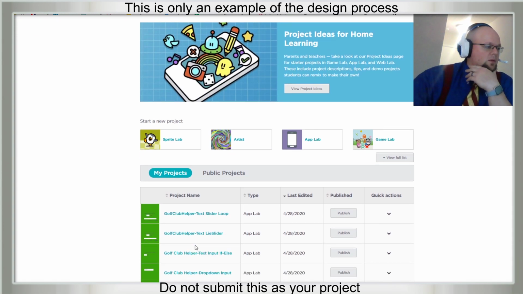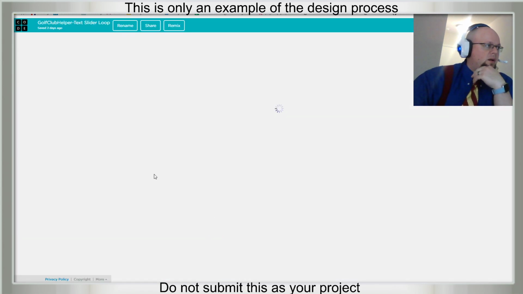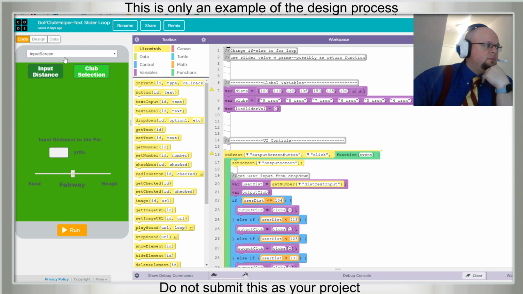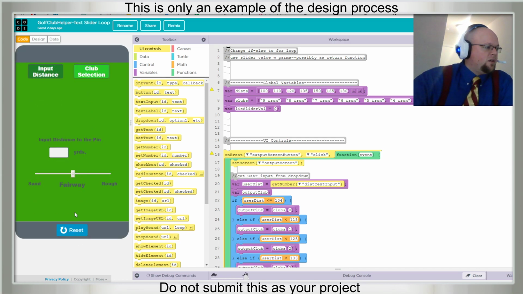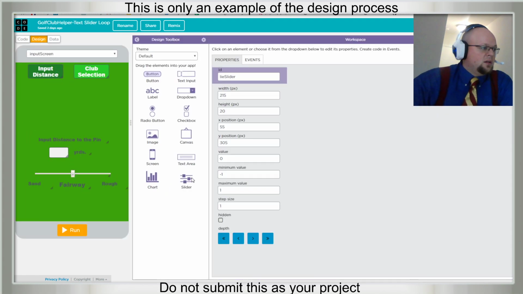All right, so we have been working on our golf club help app, and so far we've made a slider that allows the user to select what's called the lie, as in where the ball lies, the surface the ball is currently sitting on, whether it's a sand pit, the fairway, the short grass, or the rough grass. And the slider has three values, -1, 0, and 1, and we can add those into